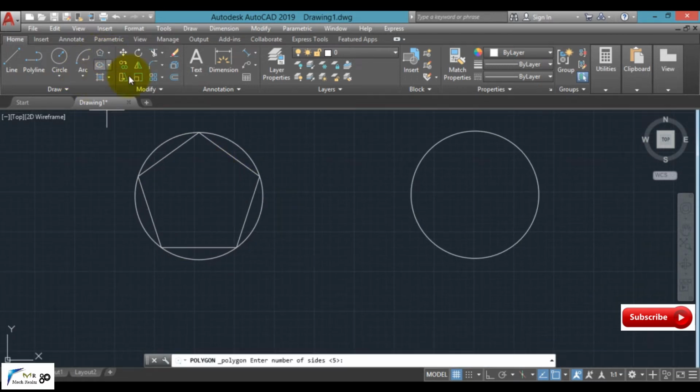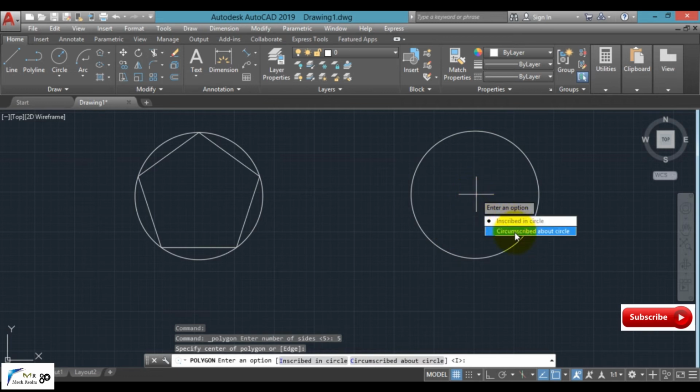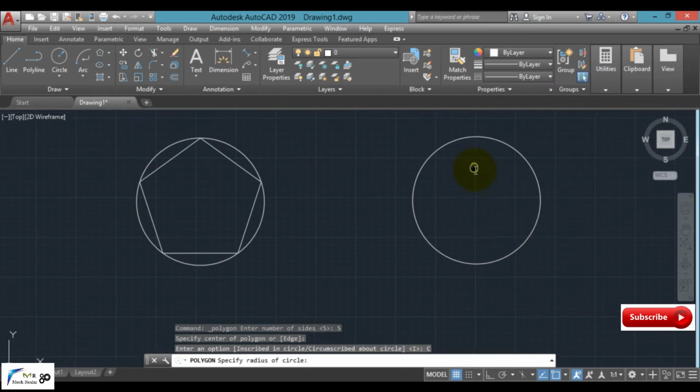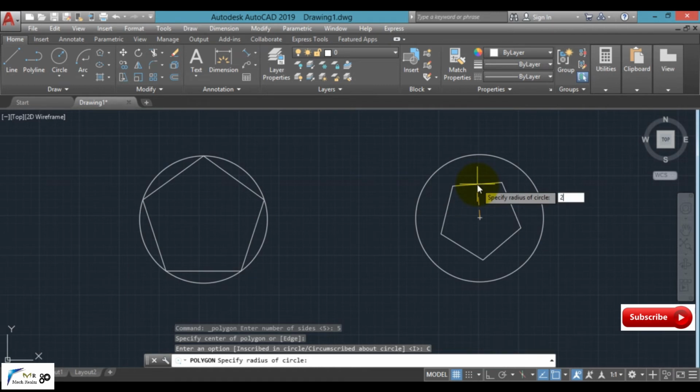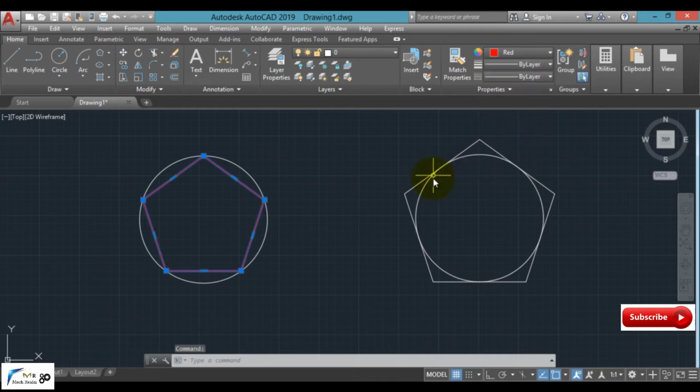On selecting the polygon command, once again defining the number of sides same, that is 5. Select center point. In this case, we are going to select circumscribed and applying the radius same as that of previous case, that is 20 mm. Our polygon has been created outside the radius which we had provided. Clear? Now let me introduce color in order to look at more familiar.